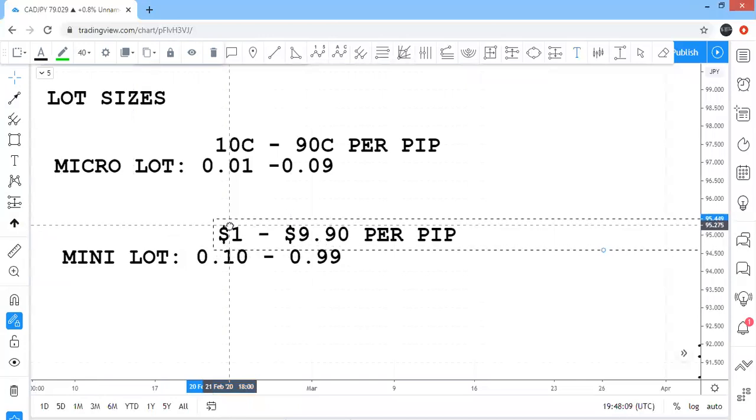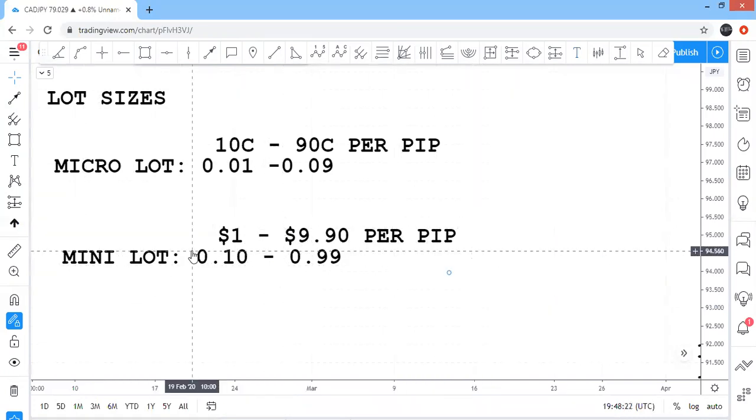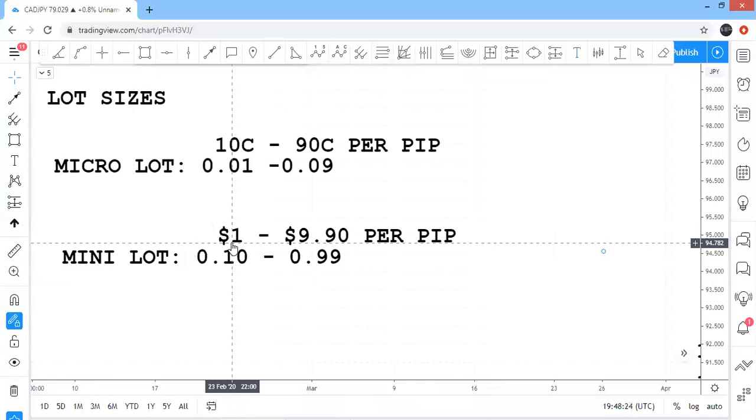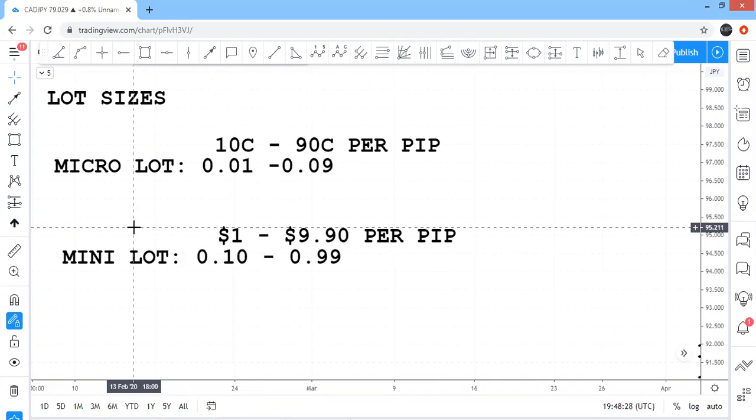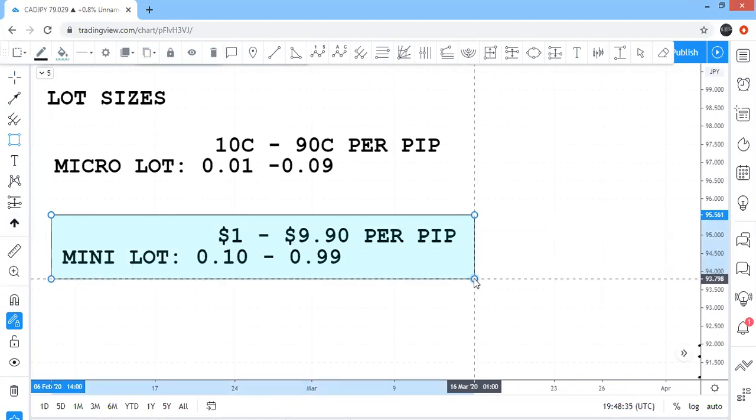So a lot of people who are here are now looking at this and saying, well, I would never trade a micro lot because there's less money there. Let me tell you, most people can't afford the last category. The majority of people lose their money in this category. People get caught up because they see money's coming in quickly, but the majority of people blow their accounts in this category. So I'll be very careful when you are here.